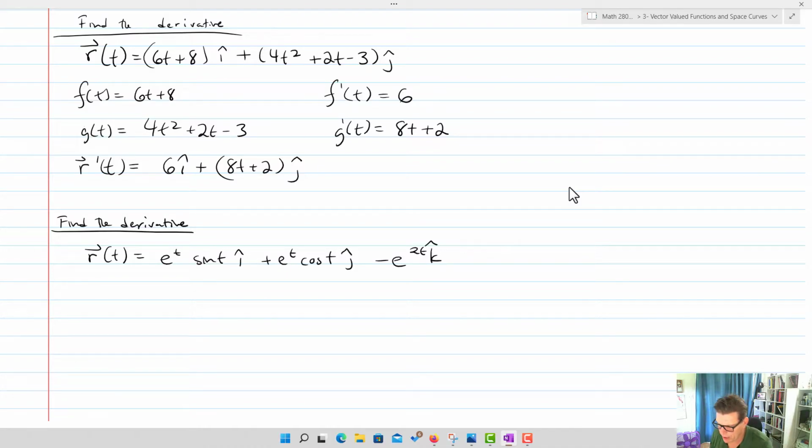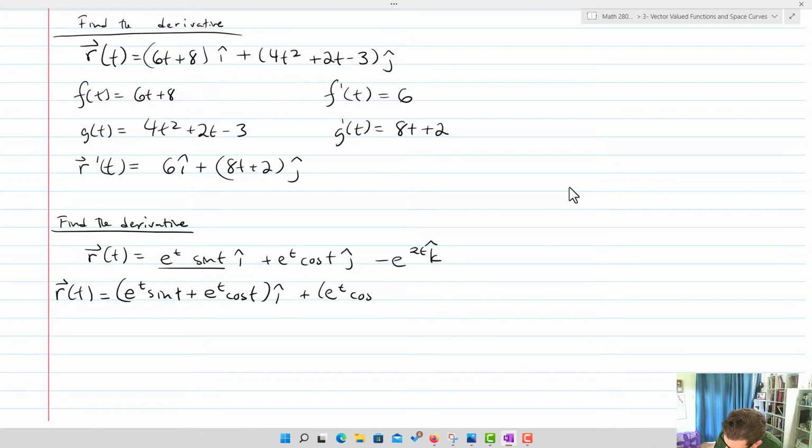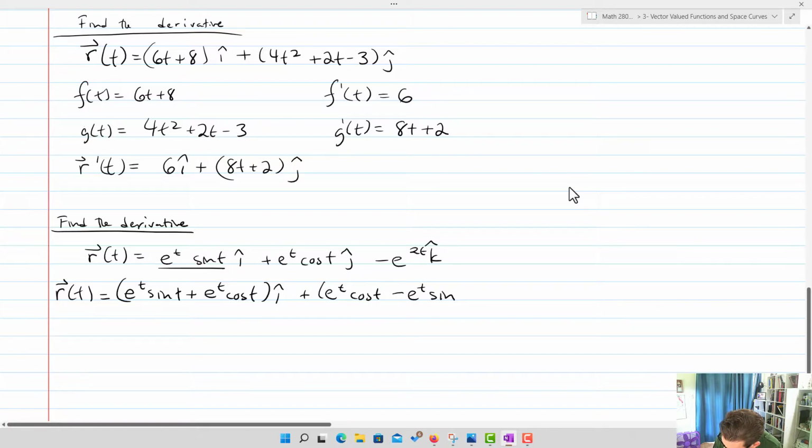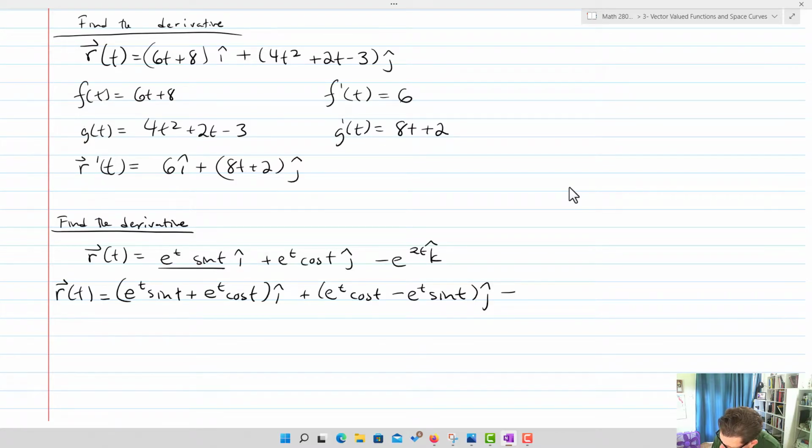So what we've got here, we've got a couple product rules, but that's fine, right? What I'm going to do is kind of do it all at once. r'(t) is going to equal, and I'll take the derivative of e^t sin t. So that's going to be e^t sin t plus e^t cos t, i, plus, and then we'll have e^t cos t minus e^t sin t using our product rule, j, and then we'll do minus 2e^(2t) k,